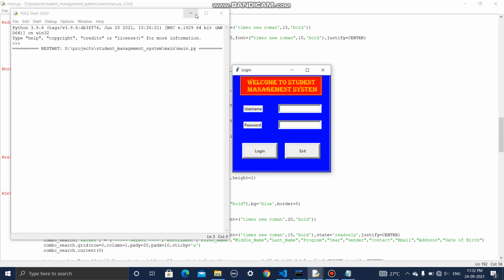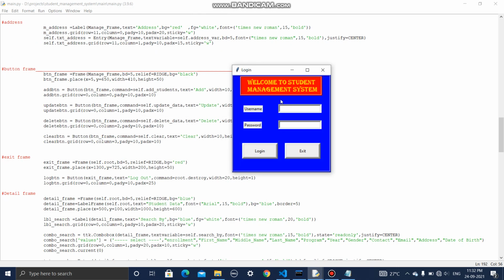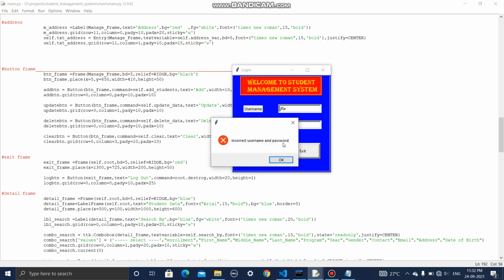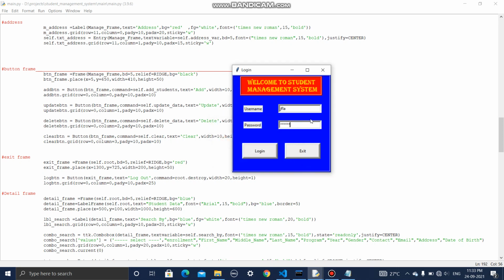So as we run the program, we will first enter into the login page. In this we will be greeted with a welcome message and we will be getting an entry for username and password. So I have added validations too. If we make the column blank and try to log in, it will show us an error of blank not allowed. If we enter any random username and password, let's enter first and try to log in, it will show us an error of wrong username and password. I have also added an exit button to exit from the login page if anyone wants to exit.